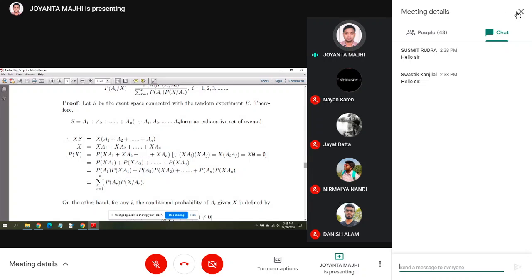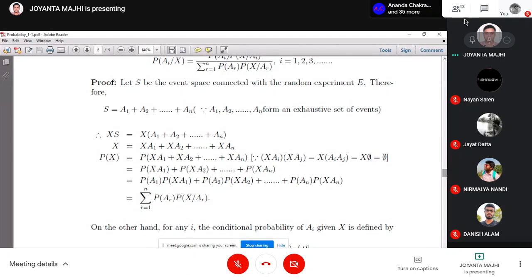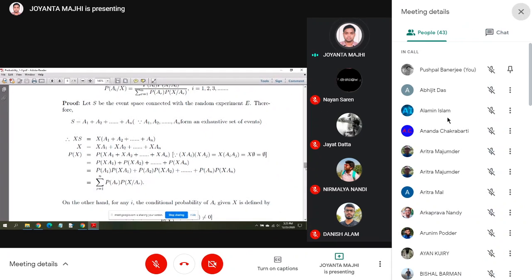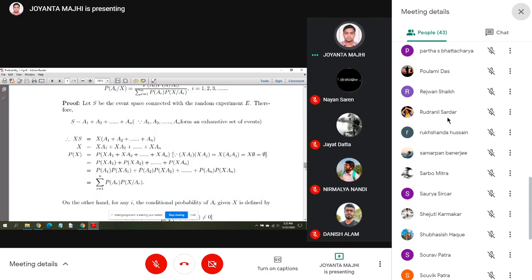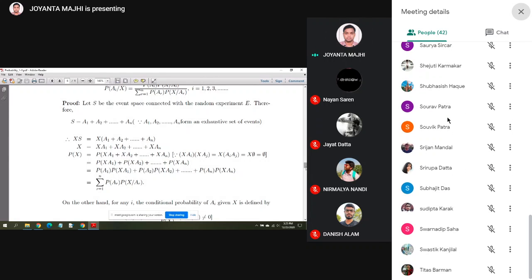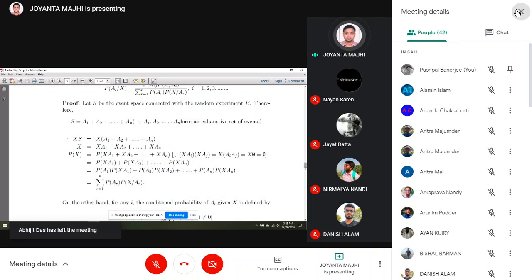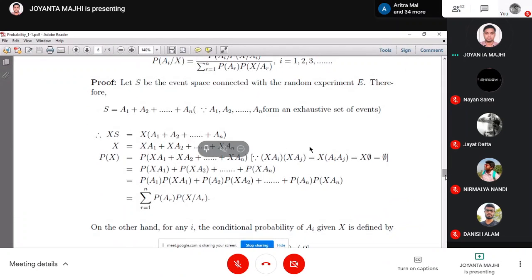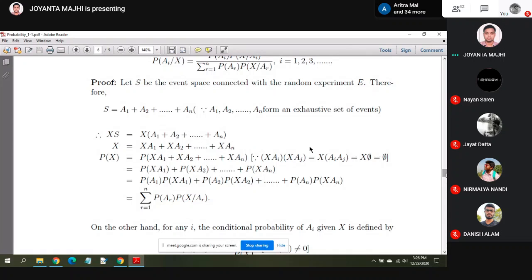from both sides we take the intersection with X. Therefore, X intersection S is equal to X intersection of A1 union A2 union An. As intersection is distributed over union, this came from the 12th class on set theory. Therefore X intersection of A1 union A2 union An is equal to X intersection A1 union X intersection A2 union X intersection An. Okay,